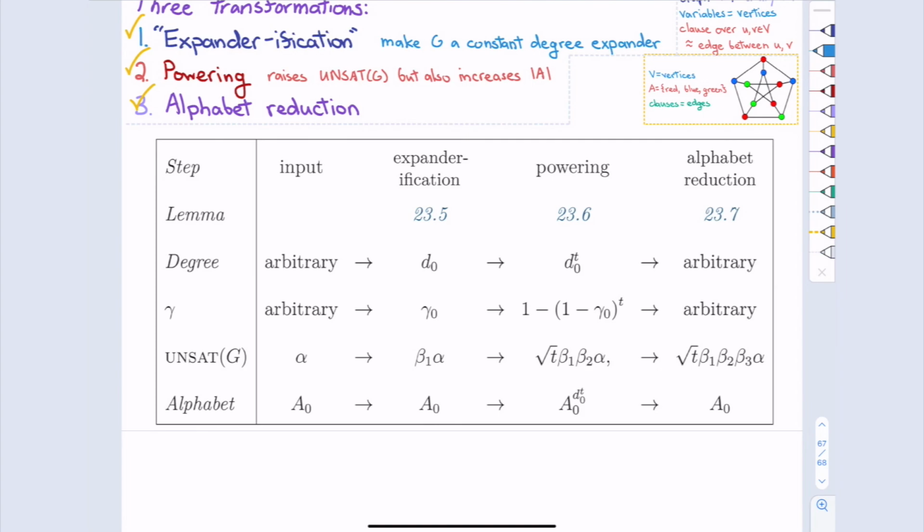Basically, we had the power, the alphabet went up, and then we fixed it with error correcting codes, and the Fourier thing I skipped. But at the end of the day, the unsatisfiability went up. And so you can just repeat this. You can verify the graph doesn't blow up too quickly. And that is somehow how you do it.